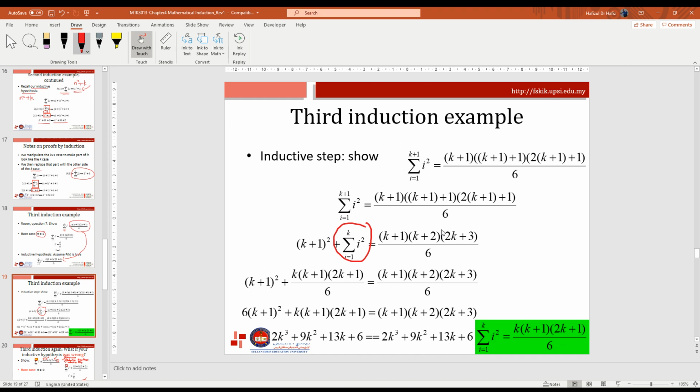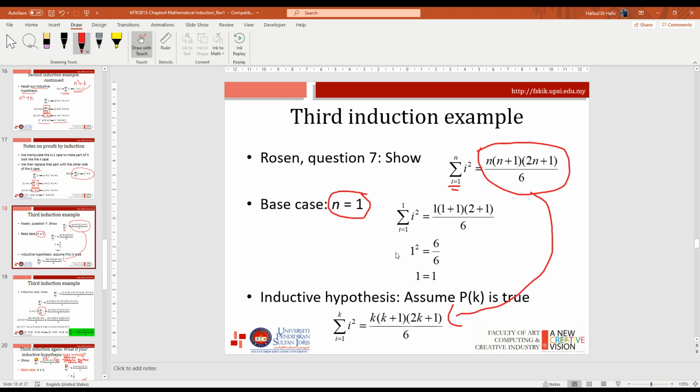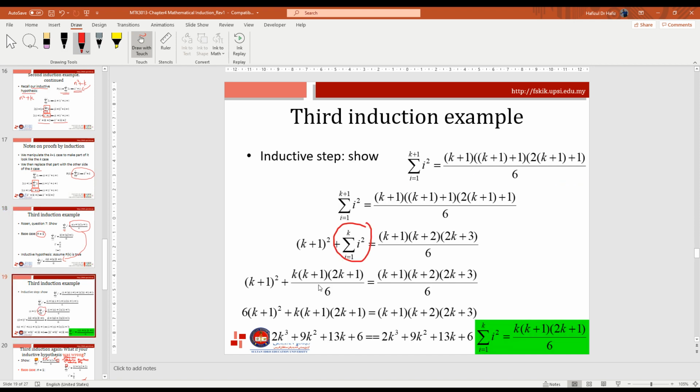We open up the bracket, and then k+1, this one we replace by k+1, 2k+1 here. We will replace by this one, PK, equivalent to (k+1)(k+2)(2k+3), and then when we open up this one,